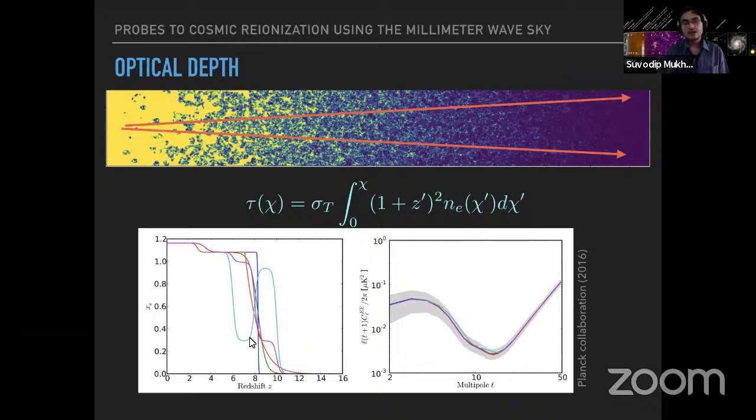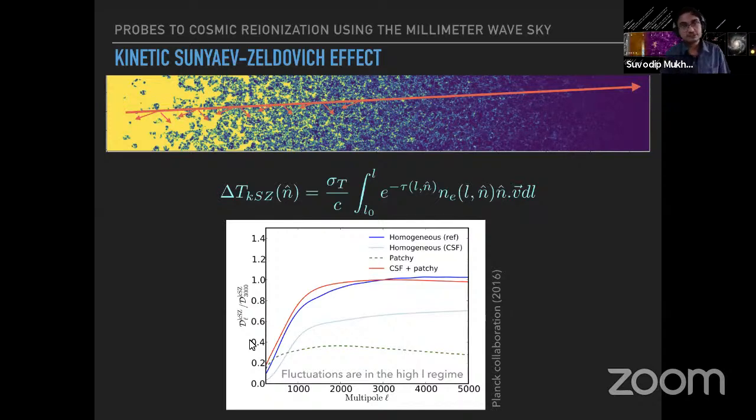redshift. Another important probe which we want to use is the kinetic Sunyaev-Zeldovich effect signal. It originates from the bulk motion of the electrons along our line of sight, and it induces a secondary anisotropy in the temperature field of the cosmic microwave background at small angular scales, or at large L. Here is again a plot from Planck collaboration 2016, where you can see that the signature of this power spectrum, with respect to L of 3000 at higher L, is really flat.